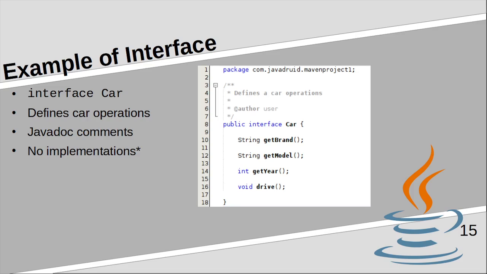So let's move on. In line 8, you can see this is a public interface, which is accessible by everyone else. In a separate video, we're going to get to the access scope.